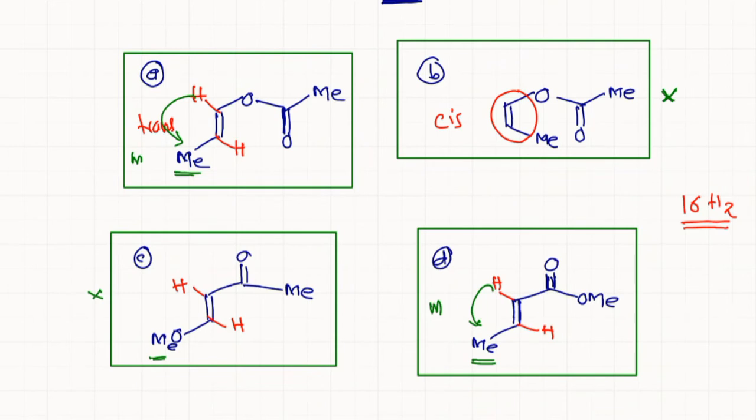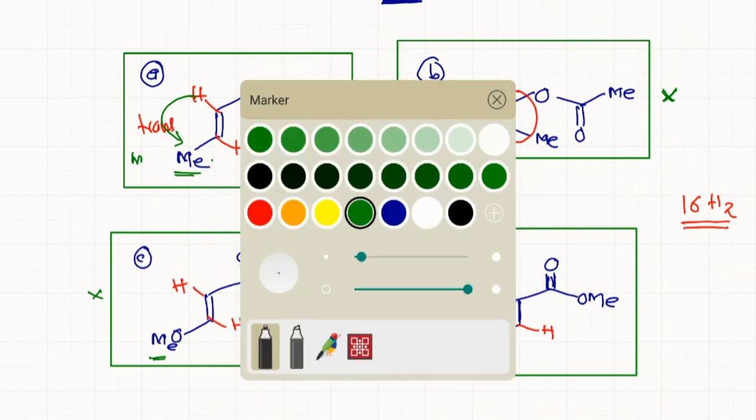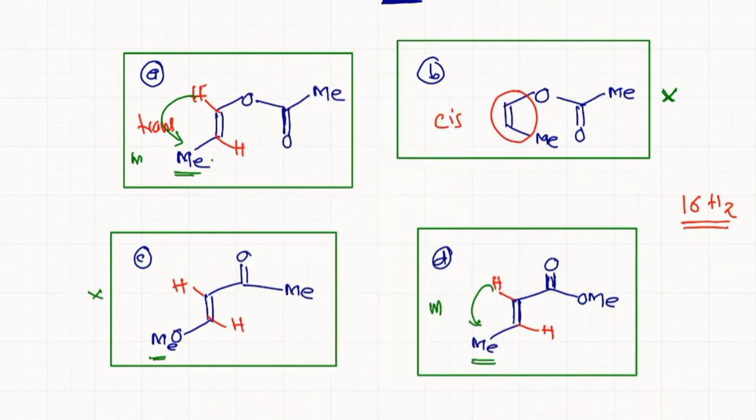Now in A and B there is just a difference in the connectivity. Here the olefin is attached with oxygen, while in the other it is attached with the carbonyl group. So it's a very simple and also tricky type of question. Now if we compare with this 7.2, the hydrogen should be in a trans orientation and the neighboring hydrogen should be 1. So this will be the expected hydrogen.